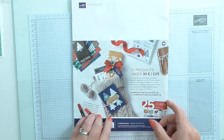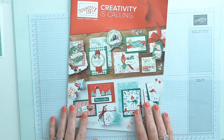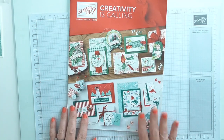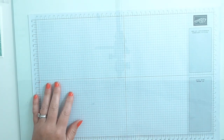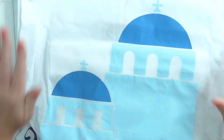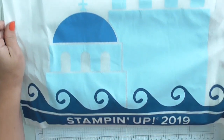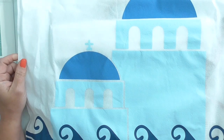It's a great catalogue. Okay, so let me share with you some of the things that we were gifted, in no particular order, because I can't remember. I'm not organised enough to remember which ones we got on which days. But one of the first gifts that we got was this huge bag here. Let me zoom out. And inside